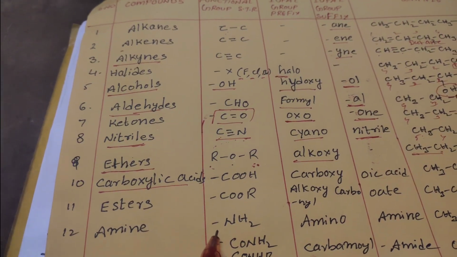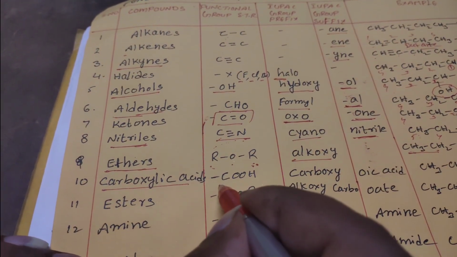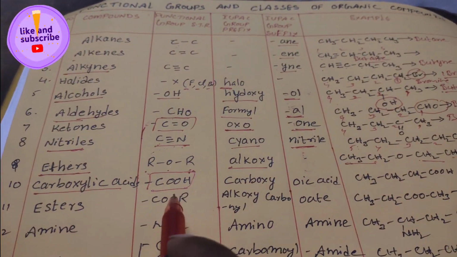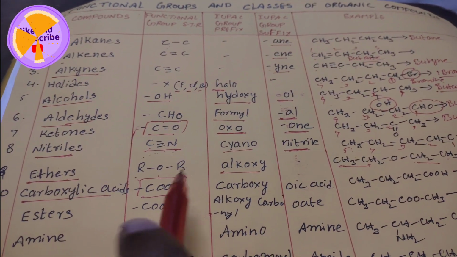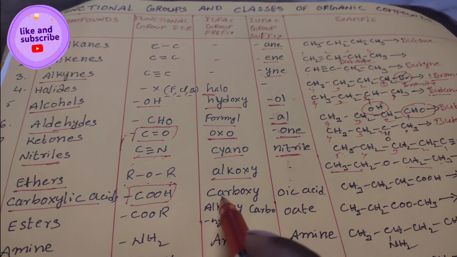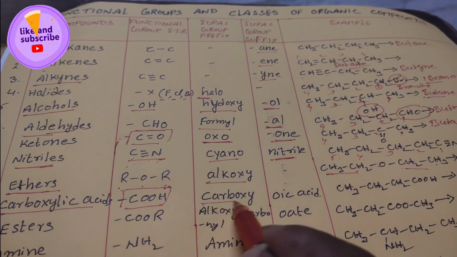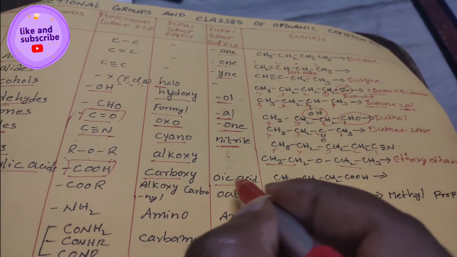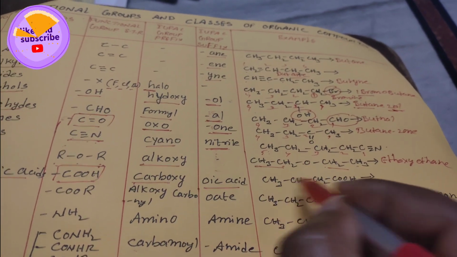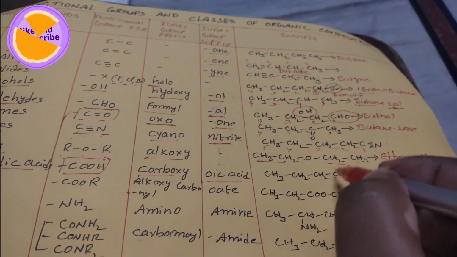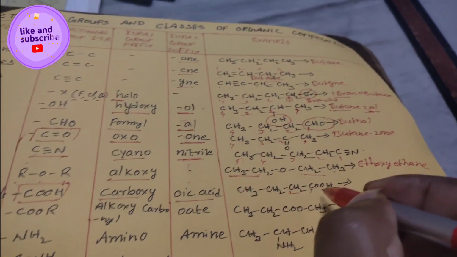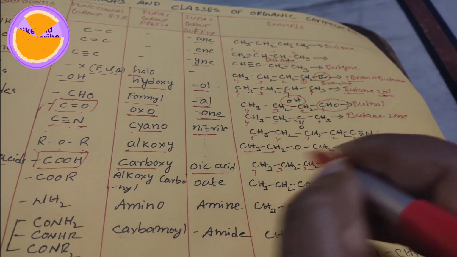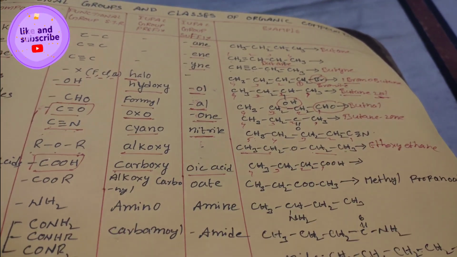Carboxylic acid. In the given structure we may find this type of functional group, like a COOH functional group. So the COOH functional group we consider as a carboxylic acid. When the carboxylic acid is given as a prefix, we call it carboxy. When it is given as a suffix, we call it oic acid. For example, here in the structure 1, 2, 3, 4 carbons are present. So I am giving numbering from right to left, 3, 4. So the name of the compound is methylpropanoic acid. And next one is the esters.